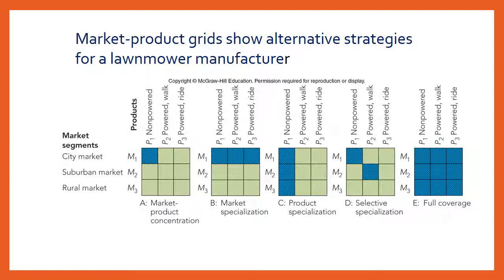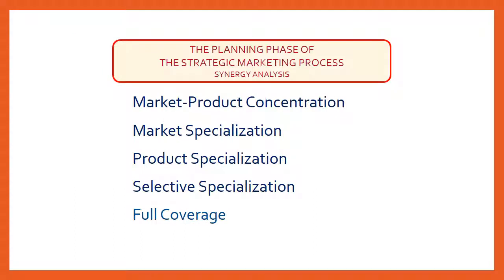Once again, that would be referred to as a full coverage strategy, where we're trying to have synergies based on all the different products that we can offer and all the different markets we can pursue. So once again, in summary, it's market product concentration, market specialization, product specialization, selective specialization, and